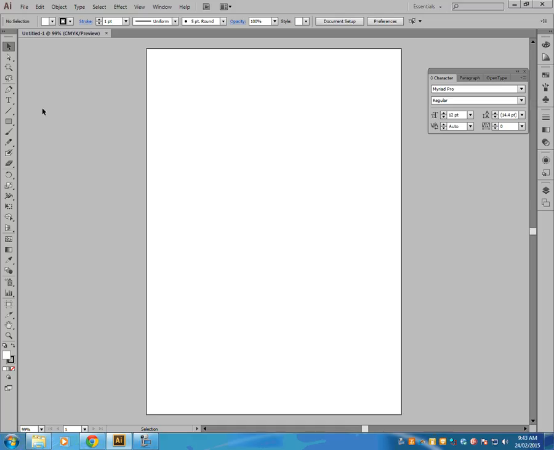Okay, so if we have a look on our toolbox on the left-hand side, you'll see something that looks like a pen. It actually looks like a fountain pen. It's really funny when you see some of these icons. The save icon is a floppy disk, which is really old, and a fountain pen,